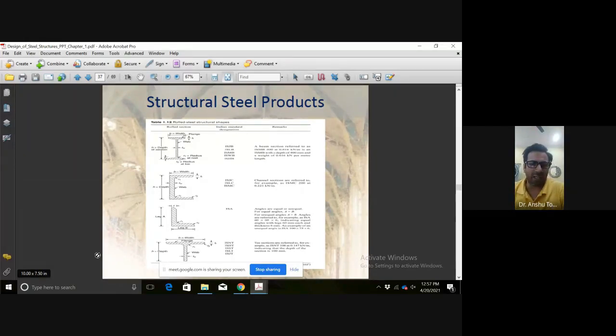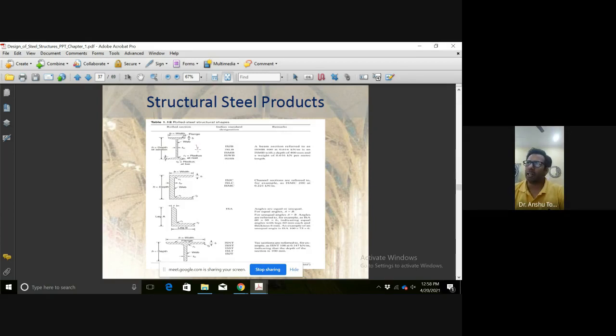So that permissible stress is the limiting stress for the design of structural steel. And M by Z in bending should remain within that limit. P upon A plus minus M upon Z. P upon A is the axial stress, which acts axially on the member. M upon Z is the flexural stress, which acts in bending. When we add both, with plus and minus, that total stress should remain within the permissible limits. So Z and moment of inertia, both values are given in the steel handbook.